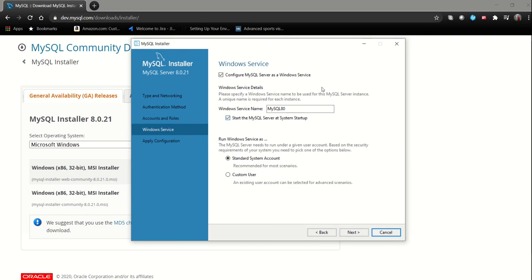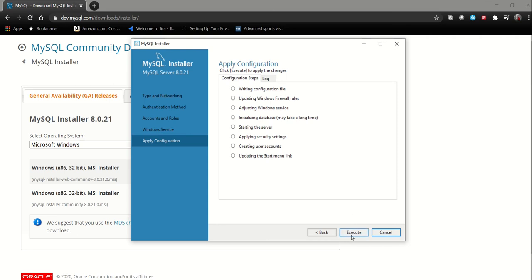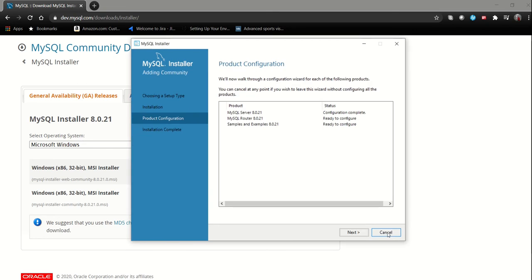So here you are going to configure the service. So I'll keep the default as it is and click on next, and then I'll apply the configuration. Once the configuration is applied, click on finish.